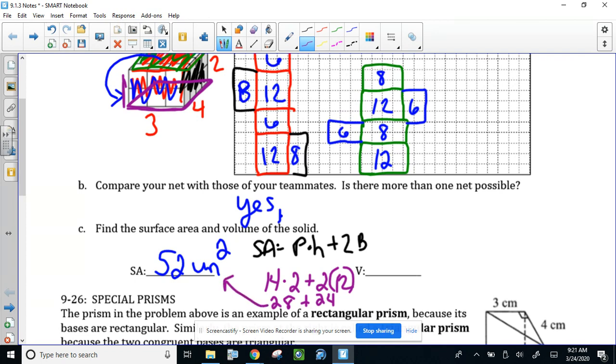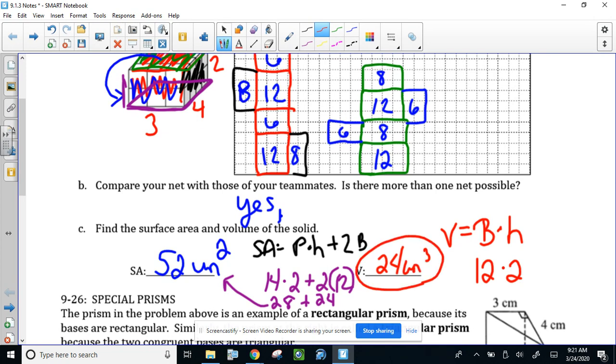So there's just a bunch of different ways to get us the same information. Our volume would be how many bricks it takes. We can see we have a base layer of 12 blocks in the first layer and then another 12 blocks in the second layer. So our formula for our volume is basically our base area times the height. So we know there's 12 blocks on the bottom and 2 blocks tall for that. And so that gives us our volume of 24 units cubed, cubic units for volume,